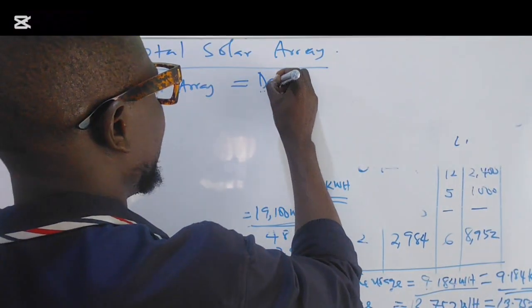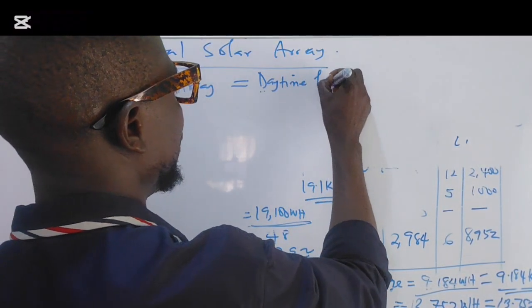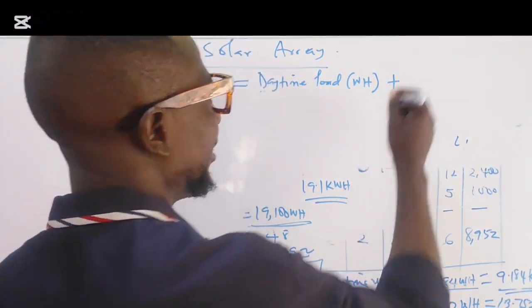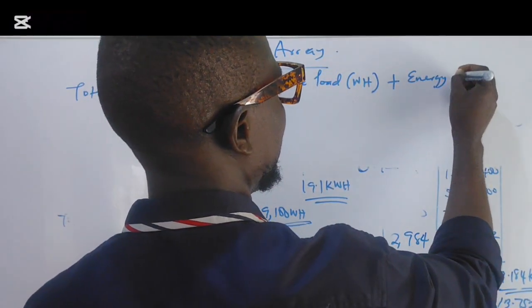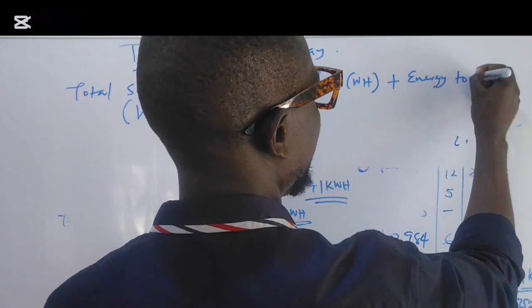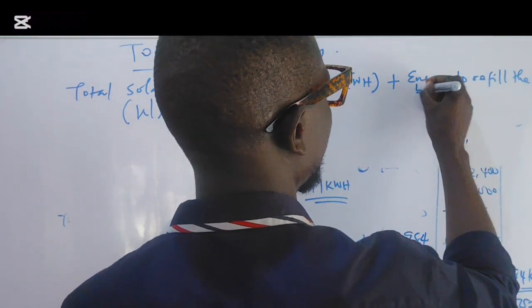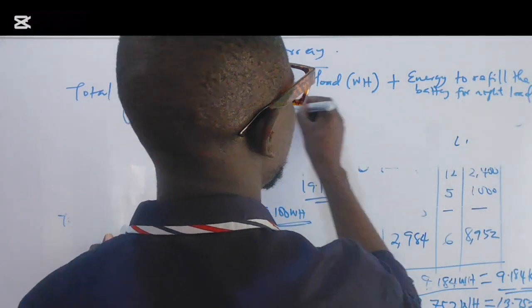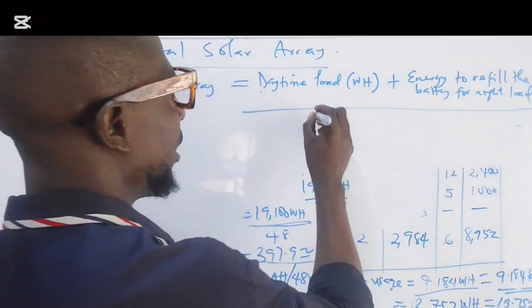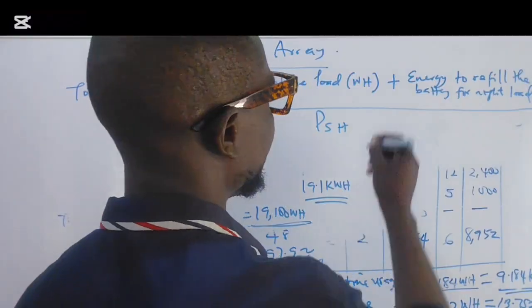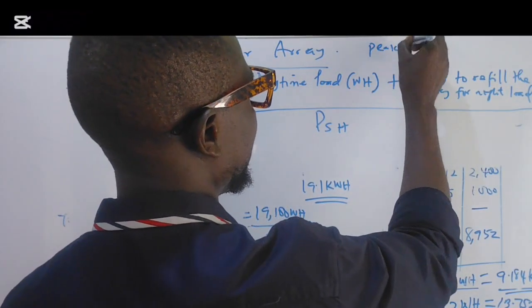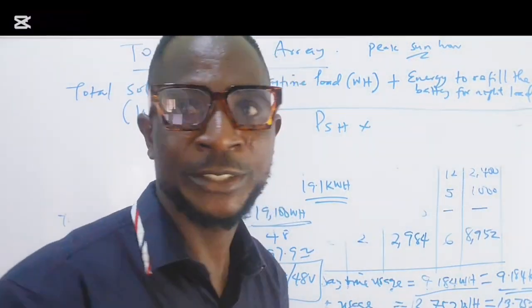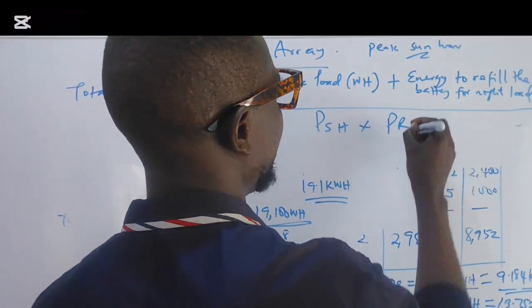The daytime load, which is in watt hour, plus the energy to refuel the battery for night load, divided by the peak sun hour, that is PSH, times the performance ratio of your solar array, PR, where